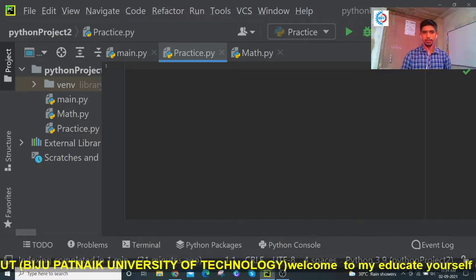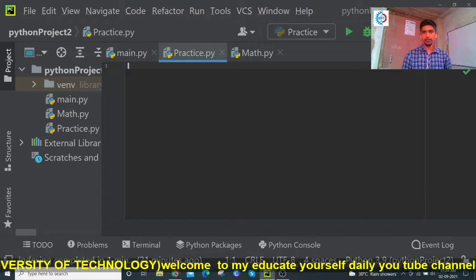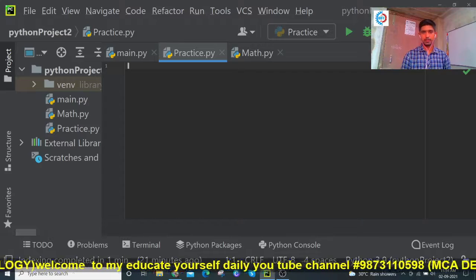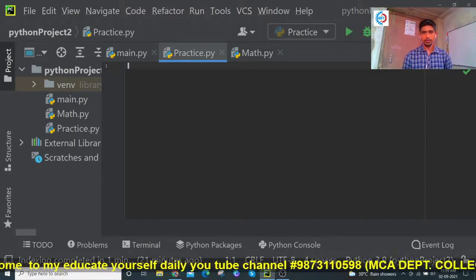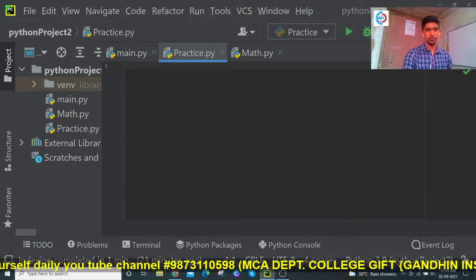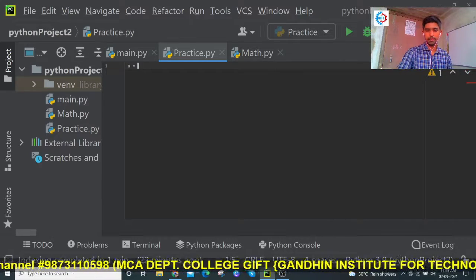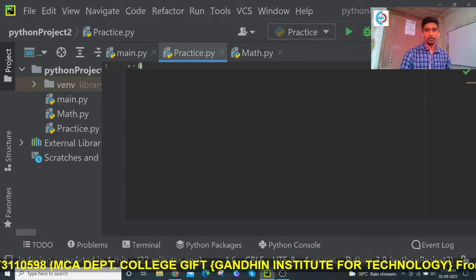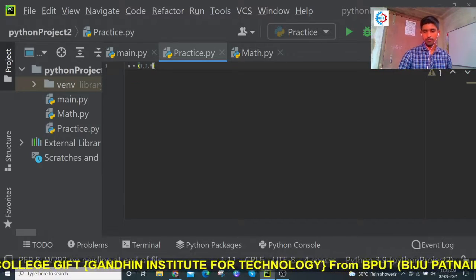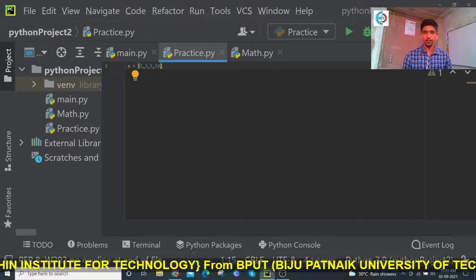But a list is written within box brackets, and a tuple will be written in parentheses. So let's suppose this is my tuple, a set of parentheses. Now I will write here 1, 2, 5, 10. So this is my tuple.